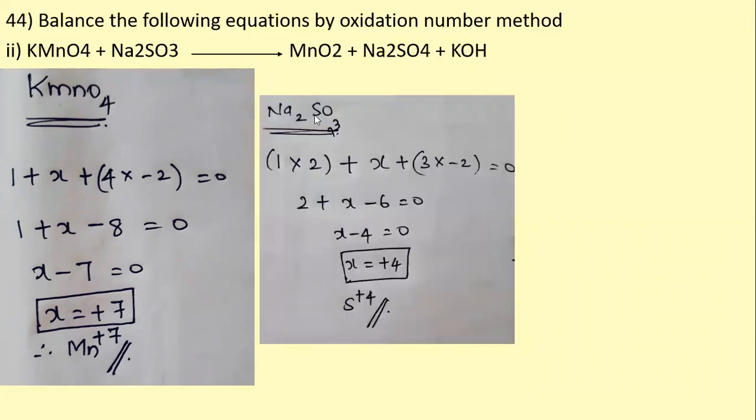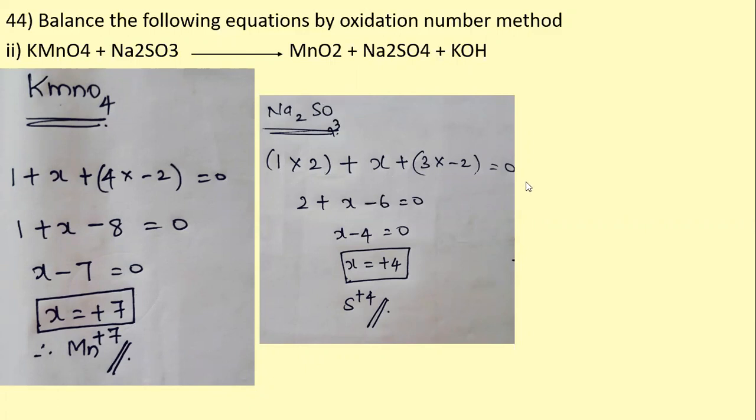And now Na2SO3, here in this the sulfur will have the oxidation state of +4. Okay, so now if you are going to calculate for this sodium, we all know the sodium comes under alkali metal, so only +1 oxidation state. So like this individually we have to go. Suppose if this SO3 is enclosed in bracket, then by the time you have to consider it as a single compound.